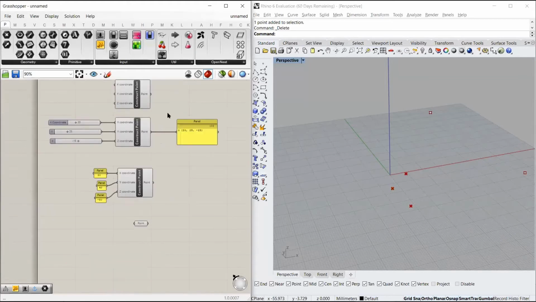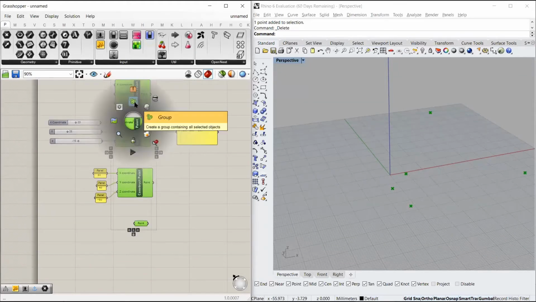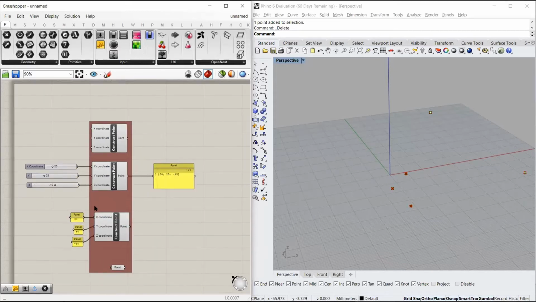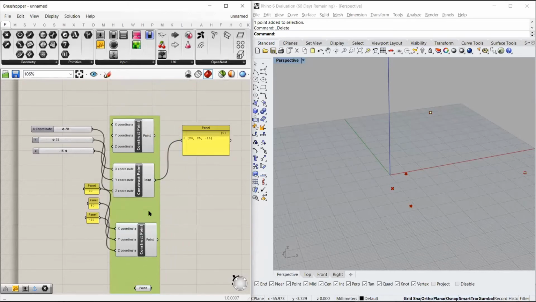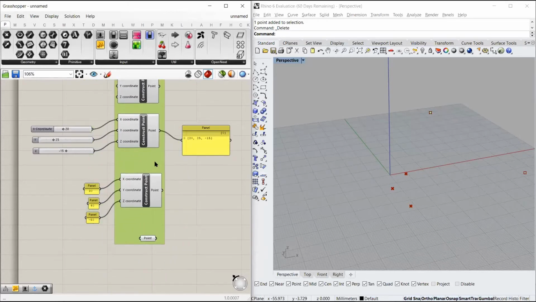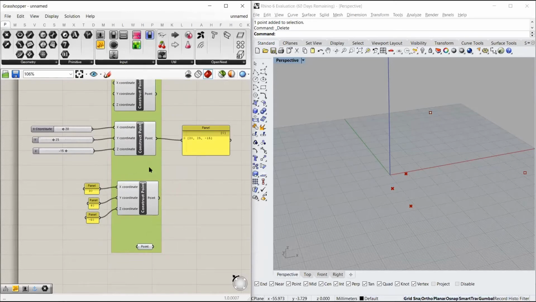We can also select all these, press the middle mouse button, and if you want to group this, there's an option to group it. So this option will create a group, and we can make a group of all this. If I select this group and I want to arrange my script so that it becomes green, I can directly select this color and I can rearrange it.